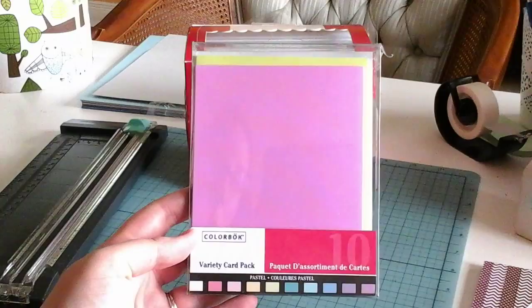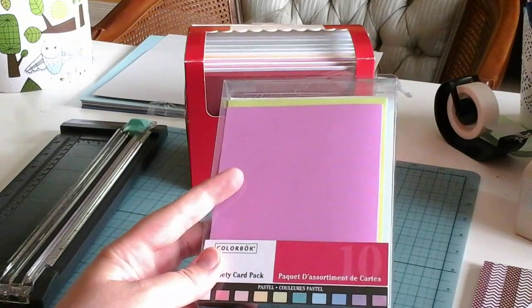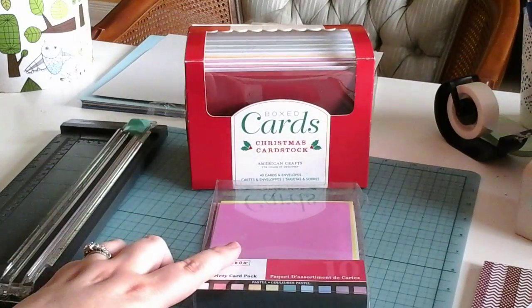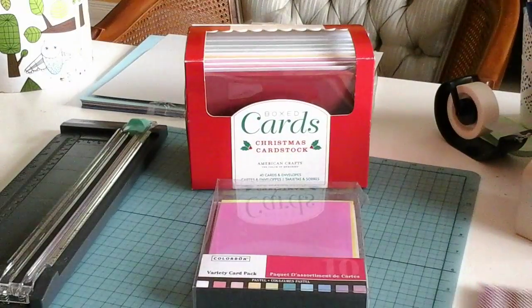It's just a variety card pack from Colorblock, and they're solid colored cards and envelopes, so they don't have a white inside, but I wanted a white inside, so I'm going to use the card from here and then the envelope from here. I also have a piece of just white cardstock, really thin, and then I'm going to use